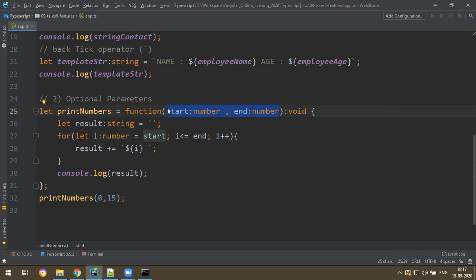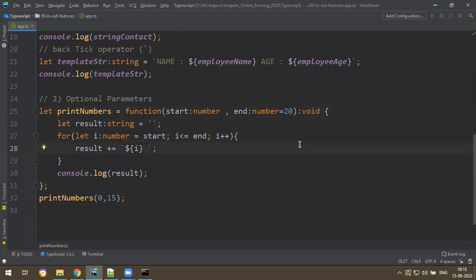But if you want to make any parameter optional, for example if you have a requirement in future, like, sir, sometimes I don't know what the end number is, I only want to pass the start number, so the end number can be taken as some default. For that case you can use an optional parameter like this. If you want to make end optional, you can assign some default value, say 20. This is what is called an optional parameter default value.